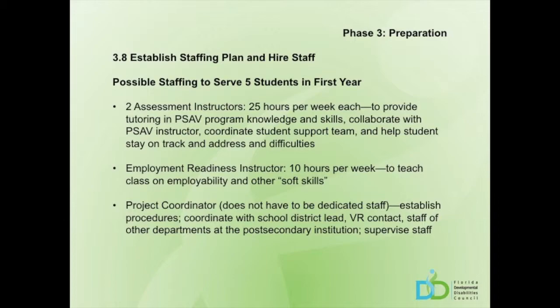For a startup support program serving 5 students the first year, the following staffing plan is suggested: 2 assessment instructors at 25 hours per week each, 1 employment readiness instructor at 10 hours per week, and a project coordinator who may already be a college staff member rather than specifically hired to work with the program. Alternative staffing arrangements are also possible. The important thing is to ensure that all the support services students need to succeed in their PSAV program are